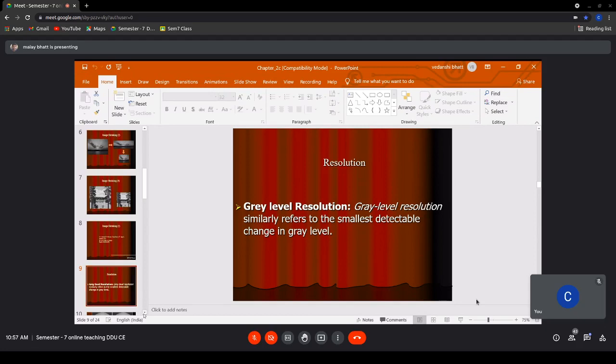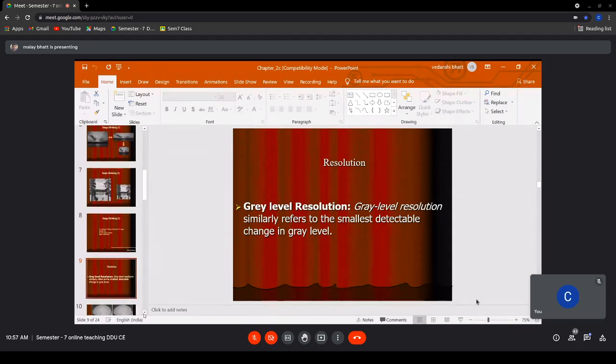As you reduce the number of gray levels, it will definitely affect the image. When you look at the image, it will include some false contours. We'll also see with an example what a false contour is.